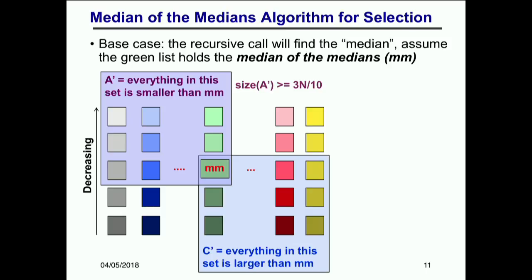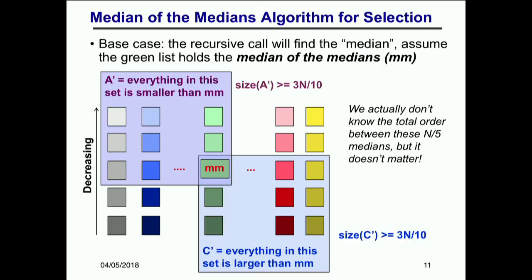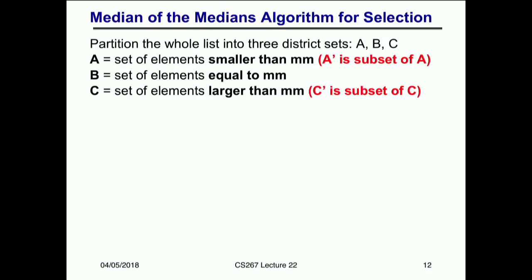You can basically say that if this rectangle continued all the way and only included the first 3 elements of every single list, it would be 6 over 10. And this is at least as big because it also includes the median. So it's at least 3n over 10. And the same argument applies for the size of C prime. All right. So why am I doing this, right? It tells me some recursive